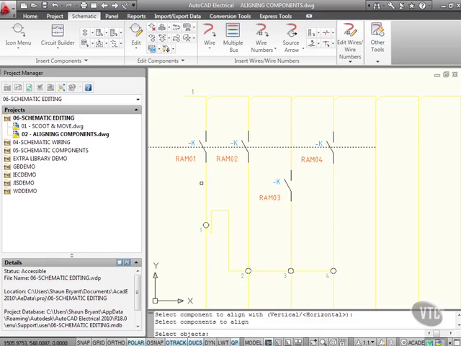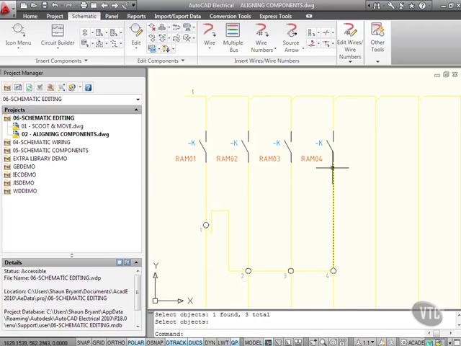Now the objects I need to align are RAM 02, 03, 04. So they're all in line now with RAM 01. If I right click now, see them all update, but they're all in line. They're all neat and tidy. It's something that you do after you've placed your components in your circuit. It's a lot quicker to do all of them at once, as you can see, rather than one at a